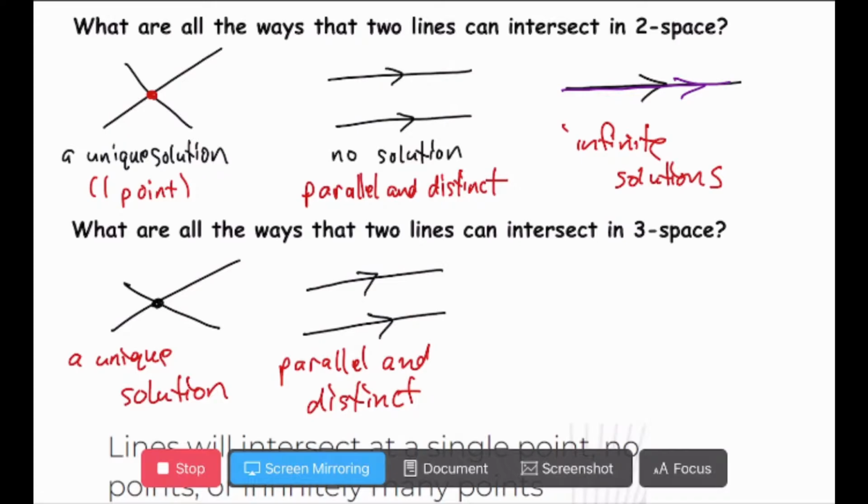These can only exist in R3. They cannot exist in R2. So in R2, anytime we have any 2 lines that are not parallel, if we extend them far enough, eventually they'll intersect somewhere. But in 3-dimensional space,